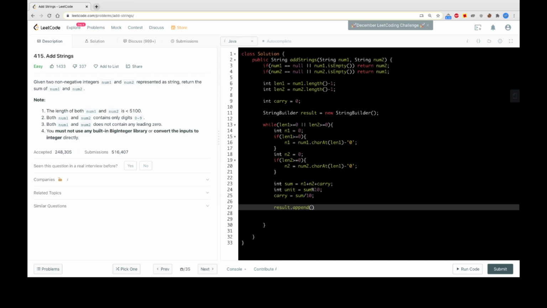and that's how. Before appending it, we may want to convert it to a character, because we need to append characters into the StringBuilder. So we simply convert like this.